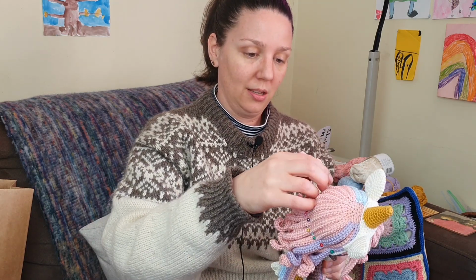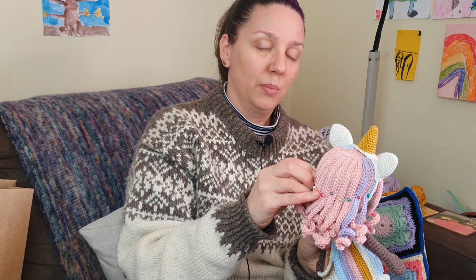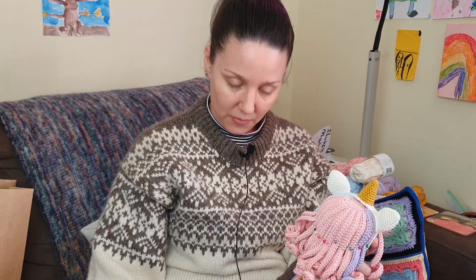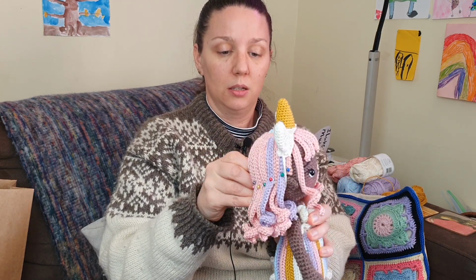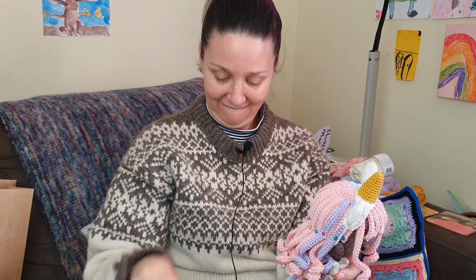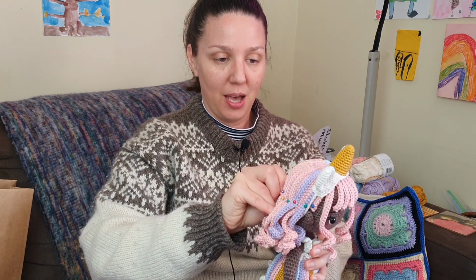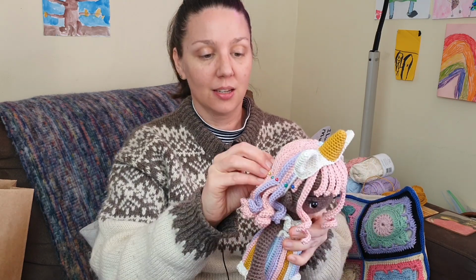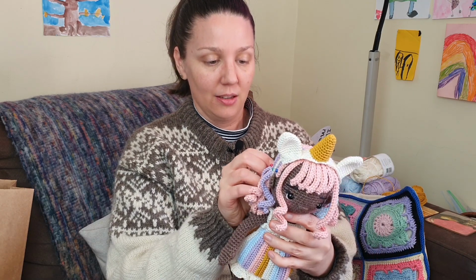Oh, okay. We've got a pin hiding. Better make sure I get them all, hey? Yeah, I think she's so sweet. Sofia. Okay, so far so good. Nothing's coming apart and none of the pins are sticking or... Because some of them probably...